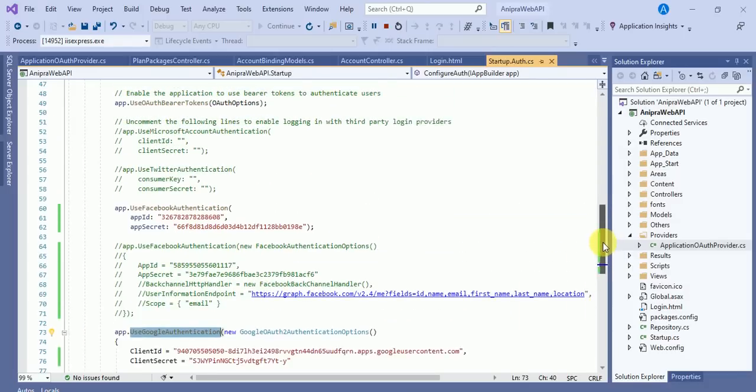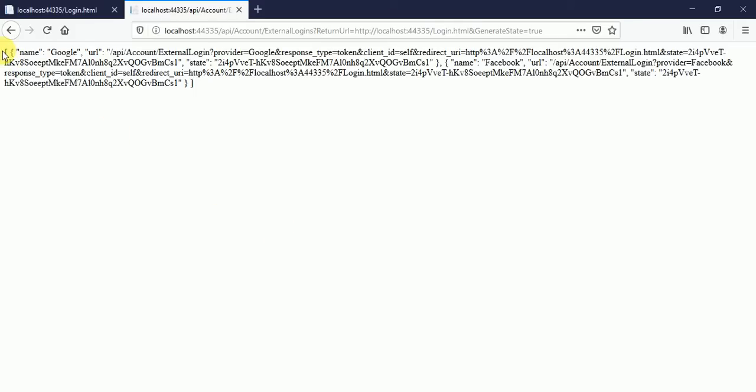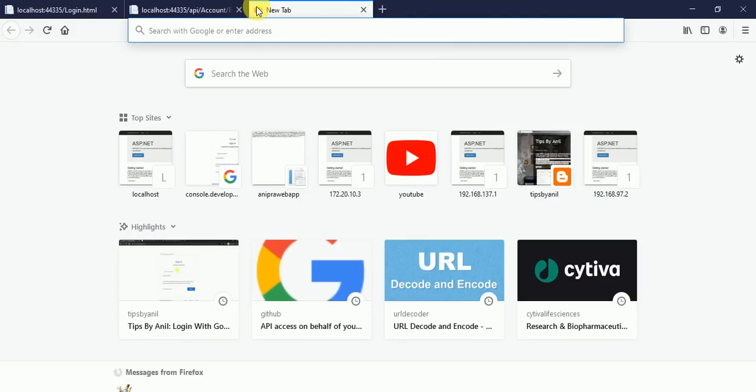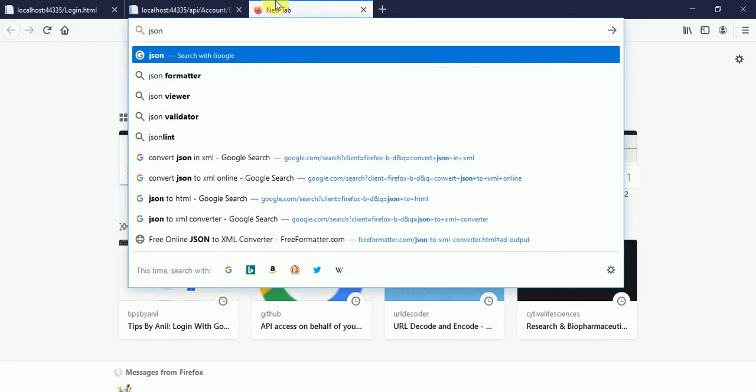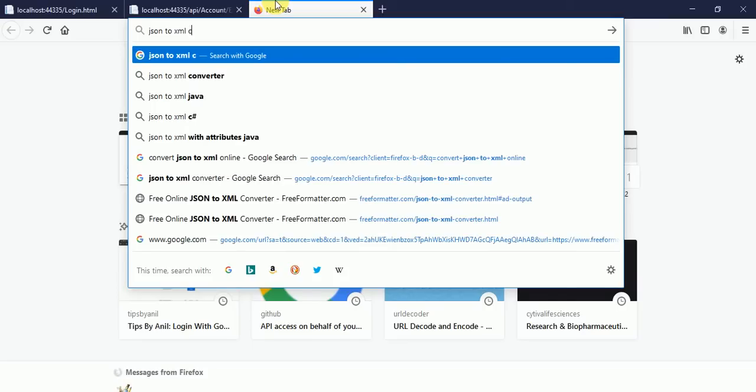Once you uncomment Microsoft authentication or Twitter authentication, you will get four arrays. This string is basically JSON data, so I will convert JSON to XML.